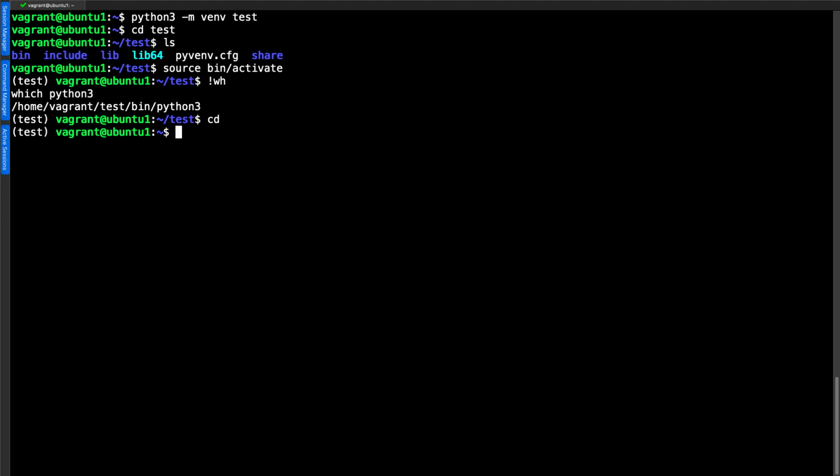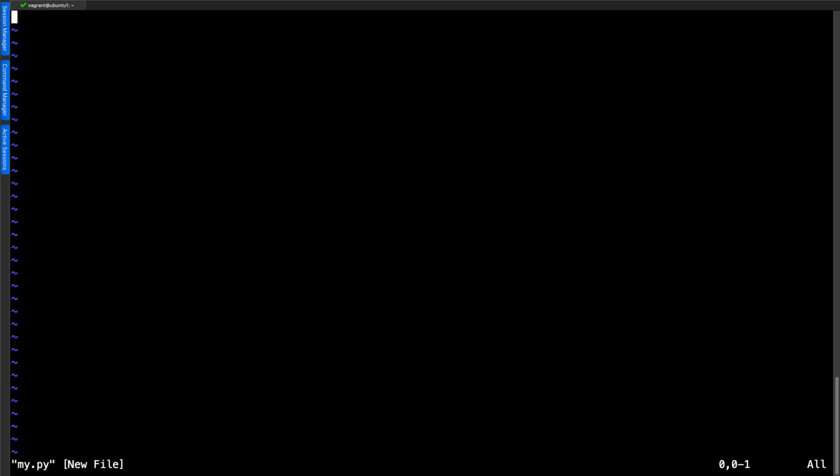If we look at creating a script, and the script could be anywhere within your file system, we move into our home directory and we can use whichever text editor that we want. I'm going to use Vim. But if I create a very simple script, I'm going to give it a really simple name as well. Why not just my.py?